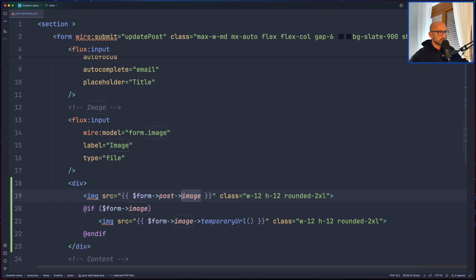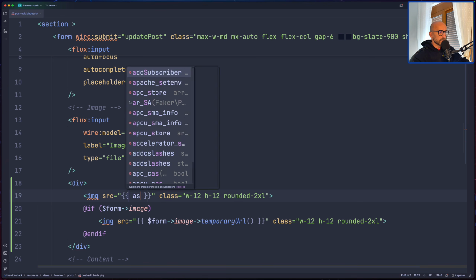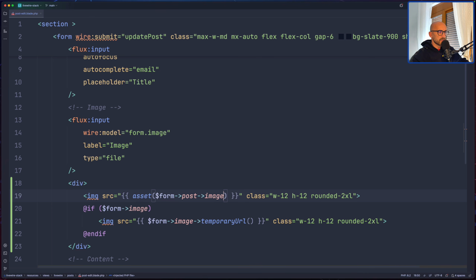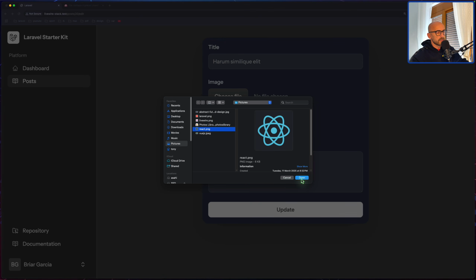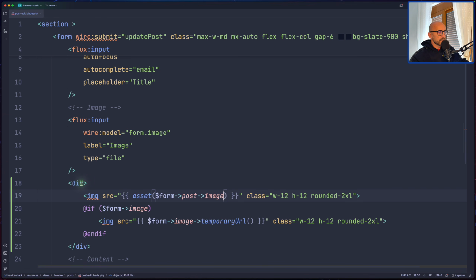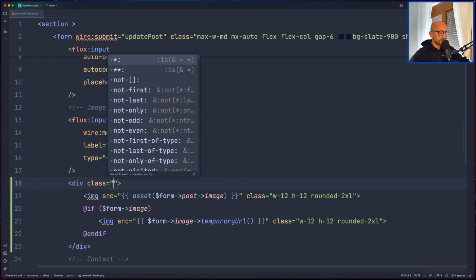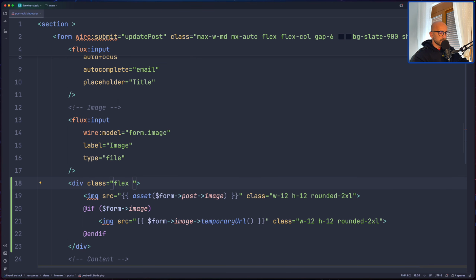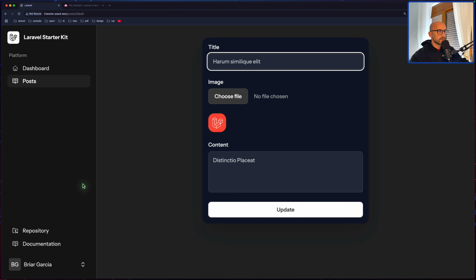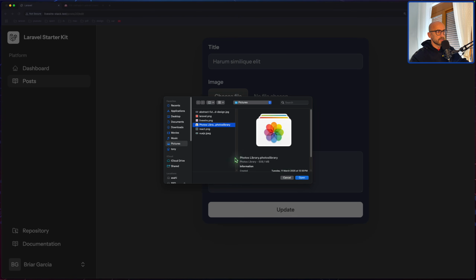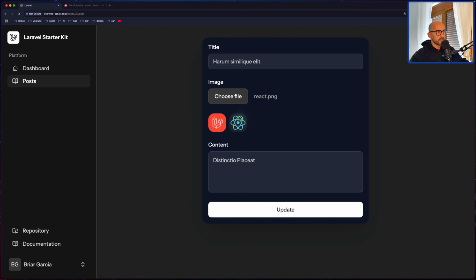but let's cut and let's use the asset, paste that in. And as you can see, we have that one. Now if I choose React, also the React, just let's add a class here to be flex, and I'm going to say gap 2. Let's choose the image, and yeah, it's here. Okay, now the last thing is when we choose a new image to reduce the opacity here,